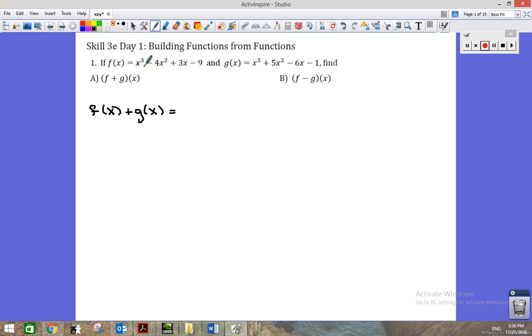We can look up here and see that we'll have x cubed plus x cubed, that we'll have 2x cubed. We've got negative 4x squared plus 5x squared for plus 1x squared. We've got 3x minus 6x for minus 3x, and negative 9 minus 1, minus 10. And for the next one,